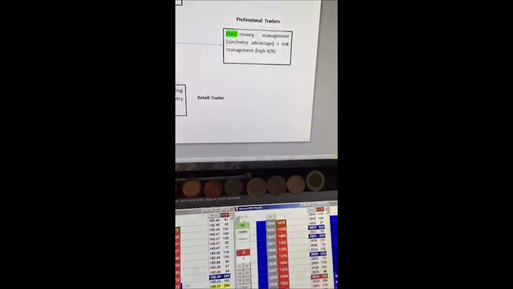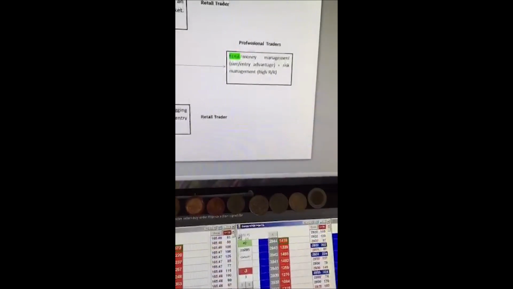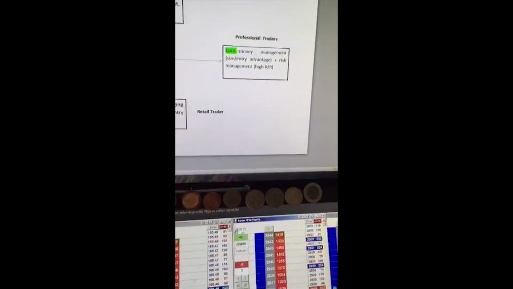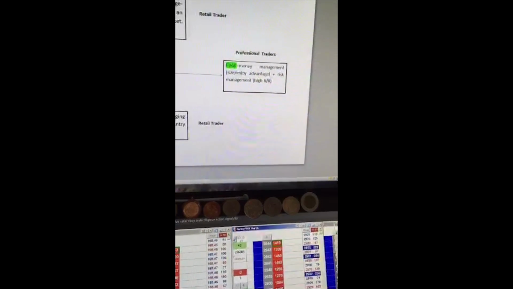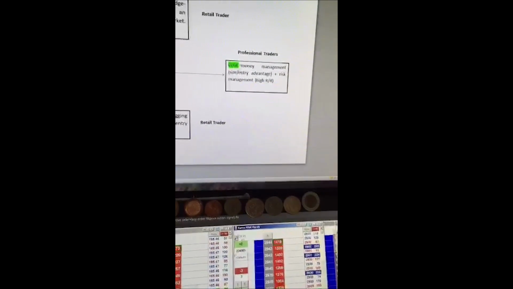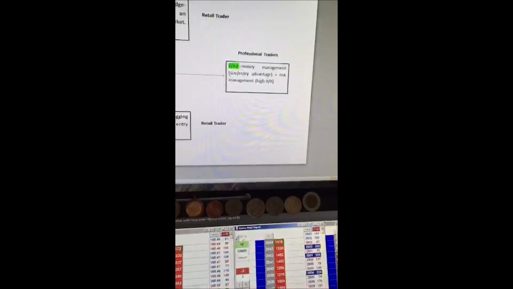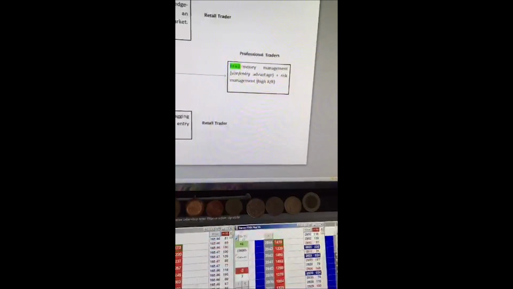The edge for professional traders is very simple. It's money management. In other words, the fact that we get better price execution means that when the market actually starts to show itself and the trade starts to play out, we're not then taking profit, we're actually looking to add into a trade, and that's how day traders can get relatively big, using relatively good risk-reward metrics.